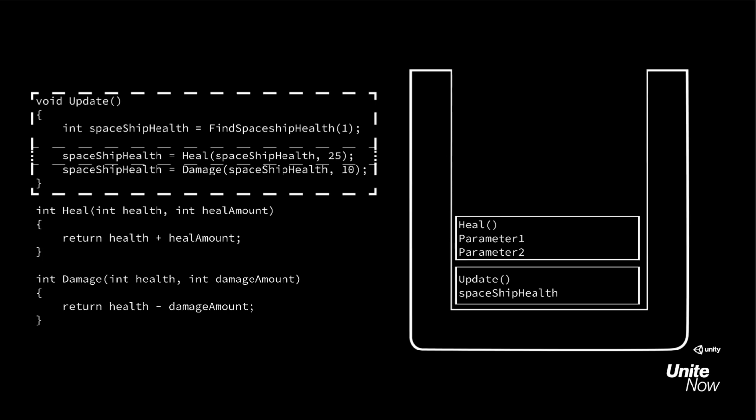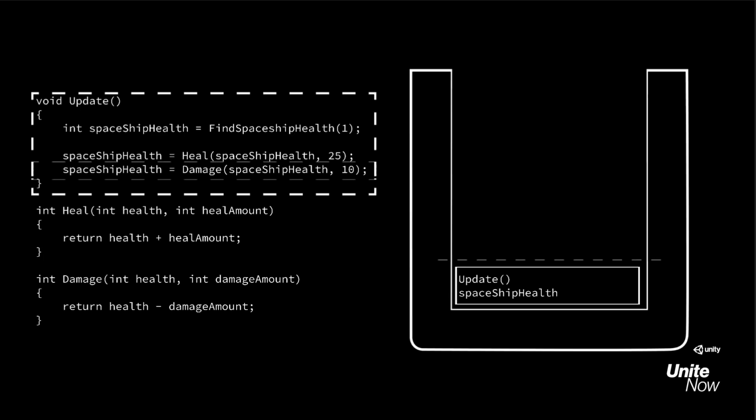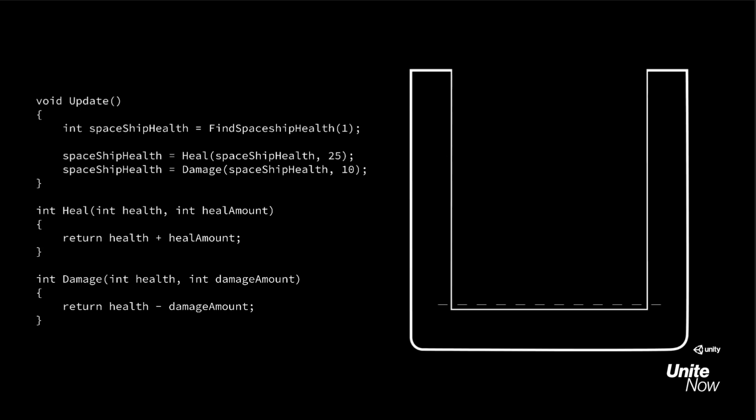Then we keep executing, and we jump from heal to the second line, which is going to call the damage function. So we pop the heal again. So we are popping that value in the stack. And when we execute the damage, we simply push that back. After the damage function returns, we pop that function, and then the update finishes its execution, and we pop that